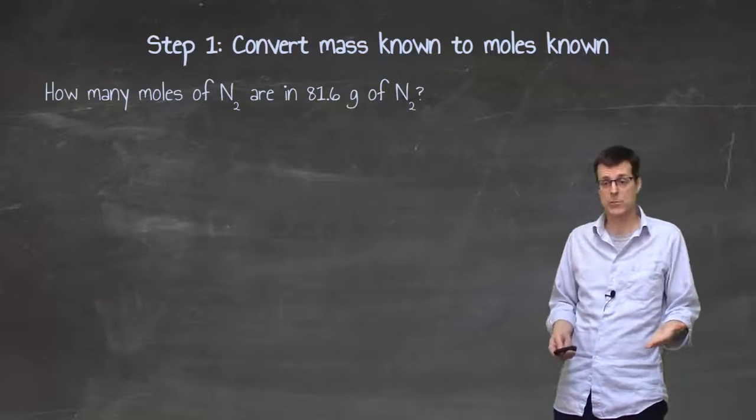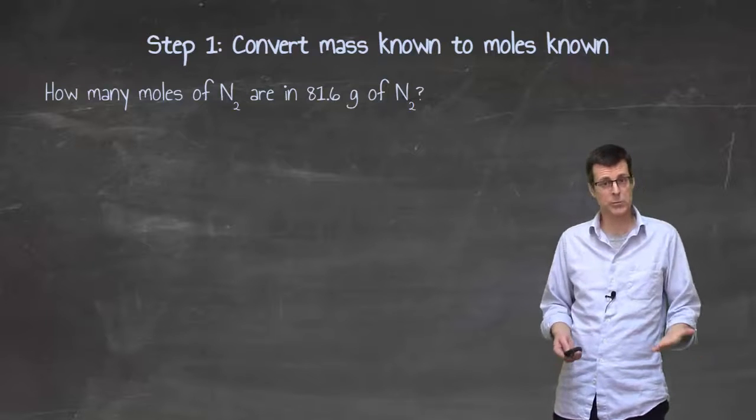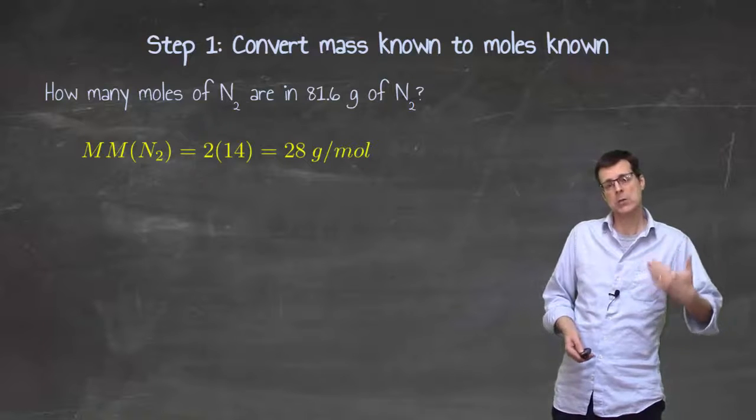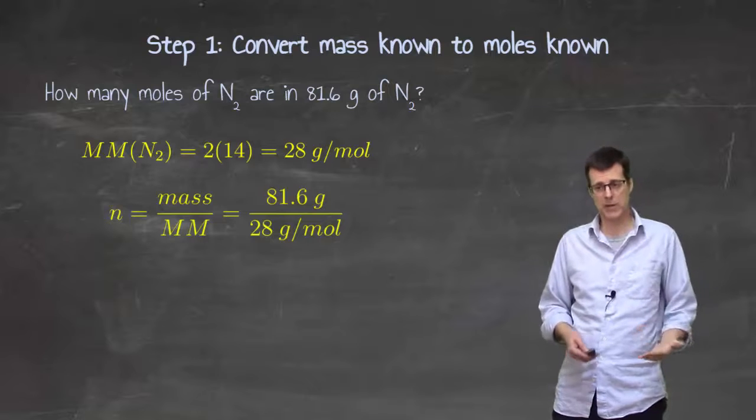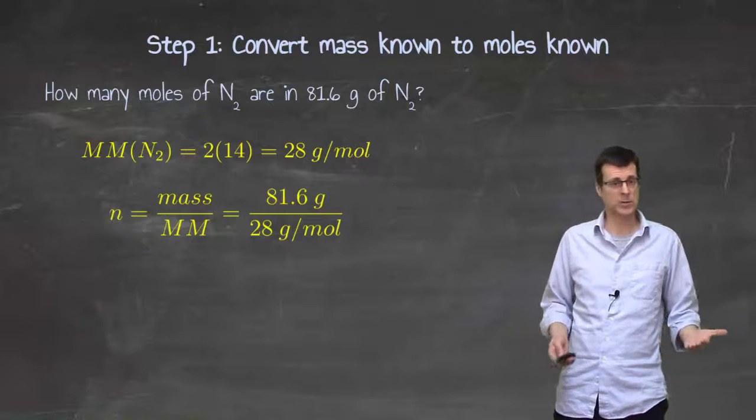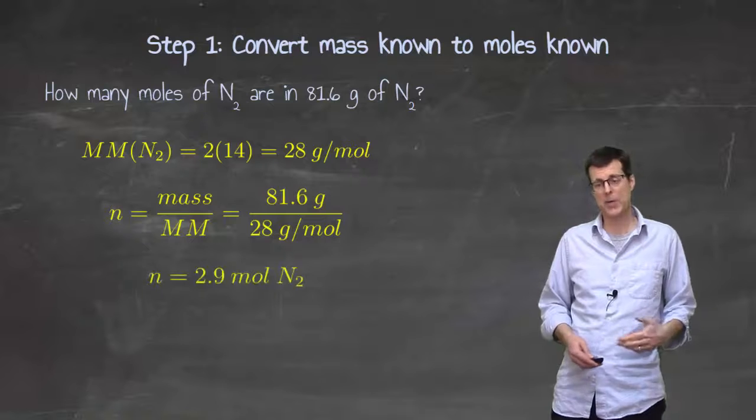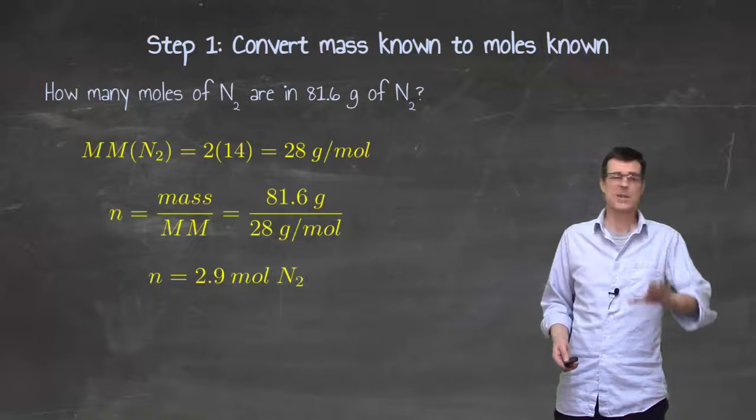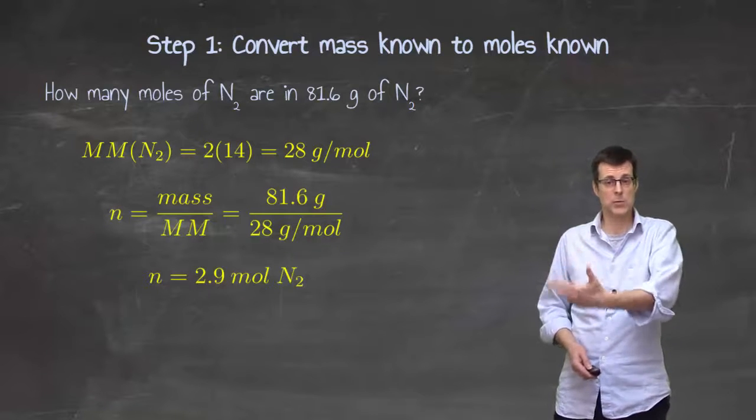So in other words, the first piece of the question is how many moles of nitrogen are in that 81.6 grams? Well, we know how to do that. We do that by using the molar mass. We take the mass that we're given and we divide it by the molar mass. So in this case, 81.6 grams divided by 28 grams per mole for nitrogen. Nitrogen is 14 each, 2 of them, 28 grams. And when I do that math, I get 2.9 moles of nitrogen. Now that's not the answer to the final question, but it's the answer to the question of how many moles of nitrogen are in